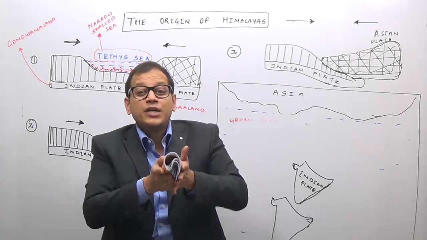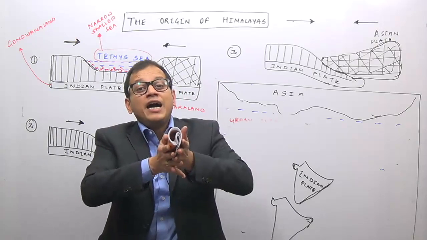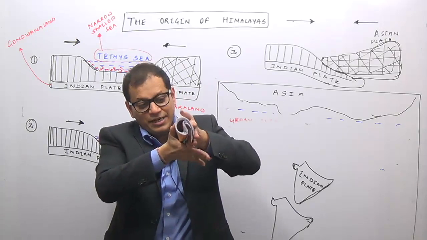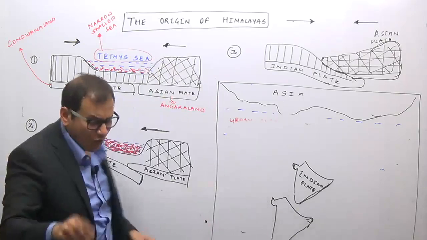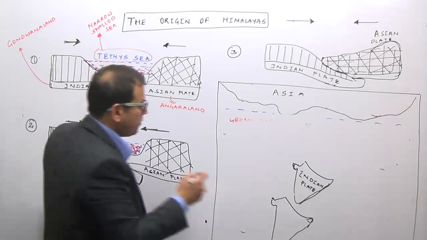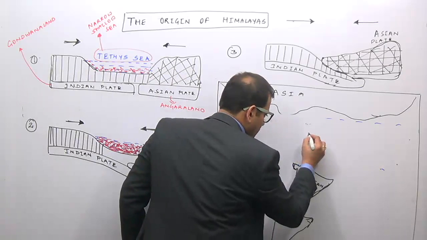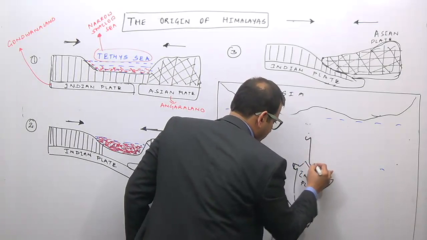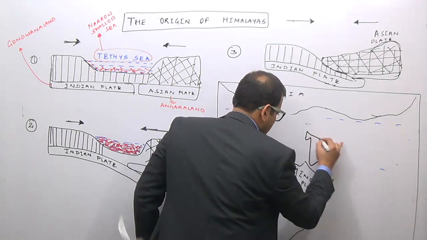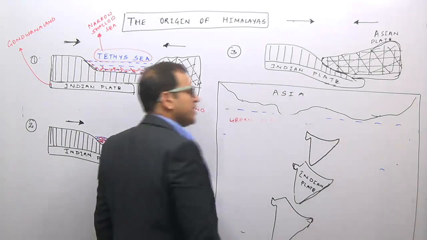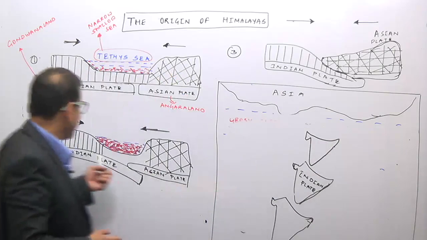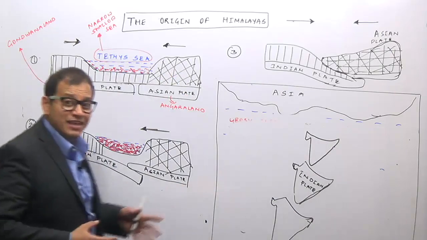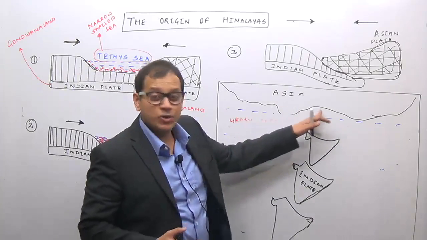Intense folding gives rise to the formation of very high mountains. And now the Indian plate is going below the Eurasian plate. So what happened is, as the Indian plate moved northwards, the sediments in the Tethys Sea got folded, and when the Indian plate collided with the Eurasian plate,